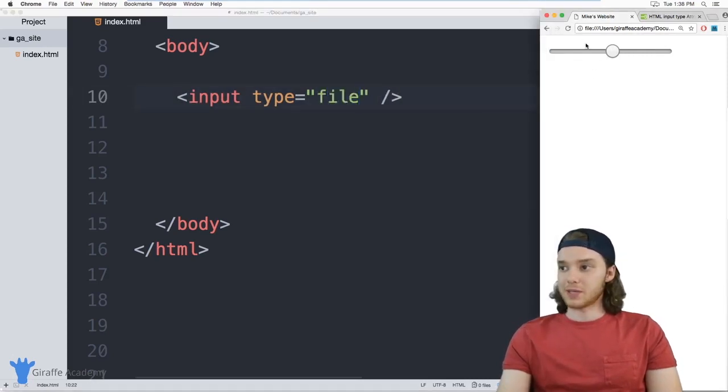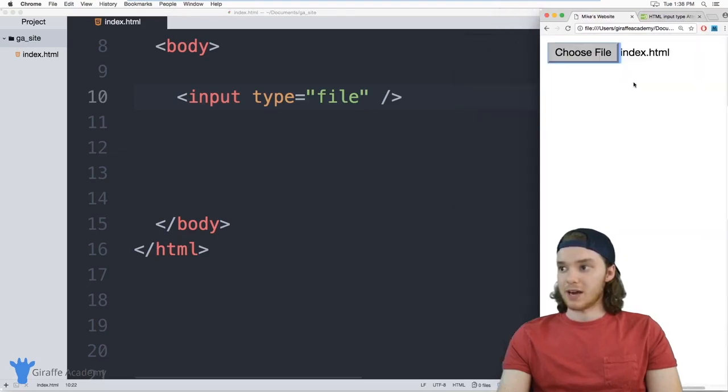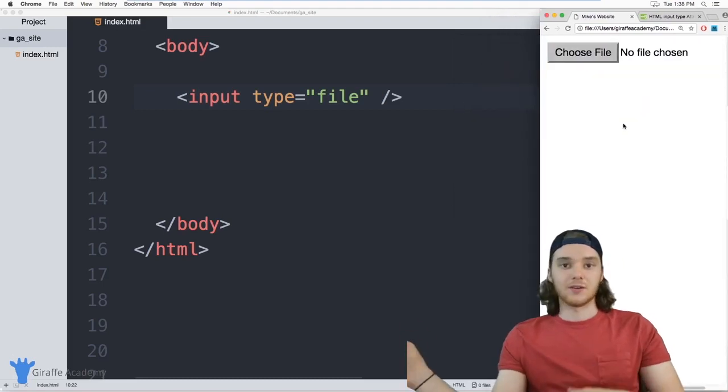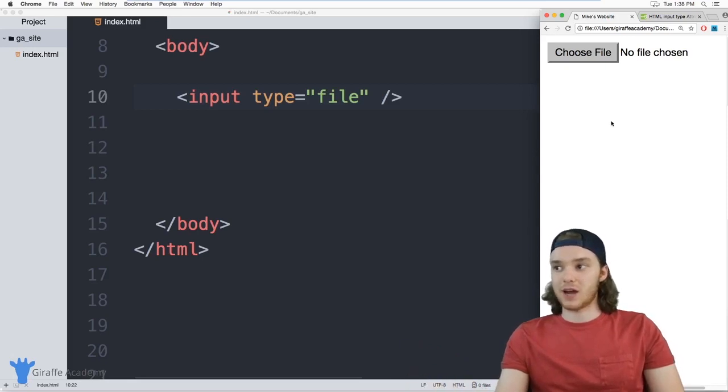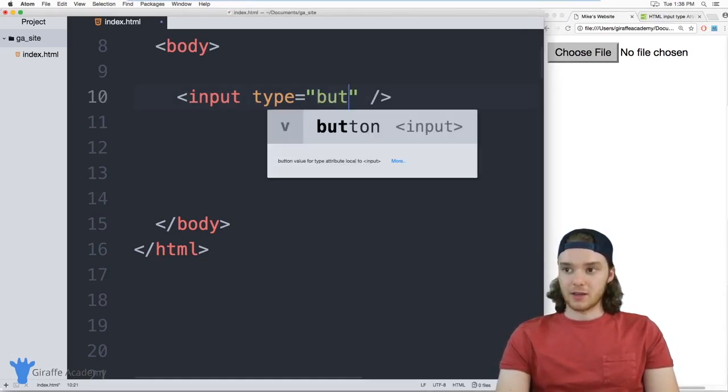So a lot of times on websites, you want users to upload a file, and you'll see that this actually opens up my little file browser here. And I can click open, and it'll grab the name of the file. And obviously, without JavaScript or another programming language, you can't actually upload these files. But the point is, you can give the actual input prompt for these files. And you can also define different types of buttons. So I can define a